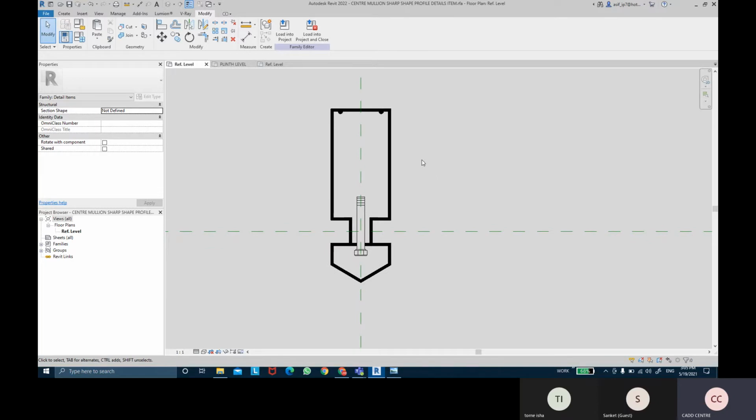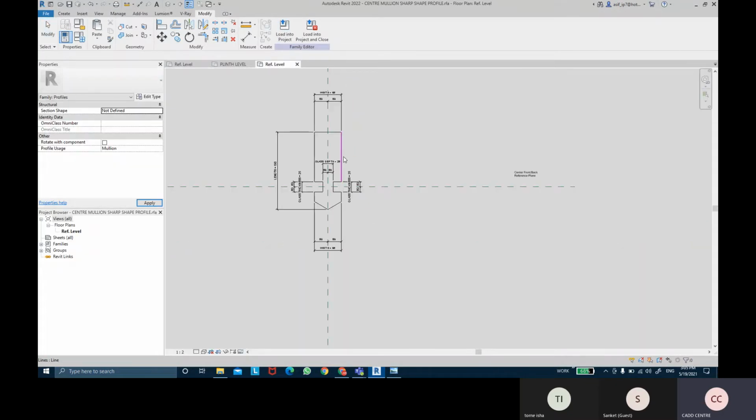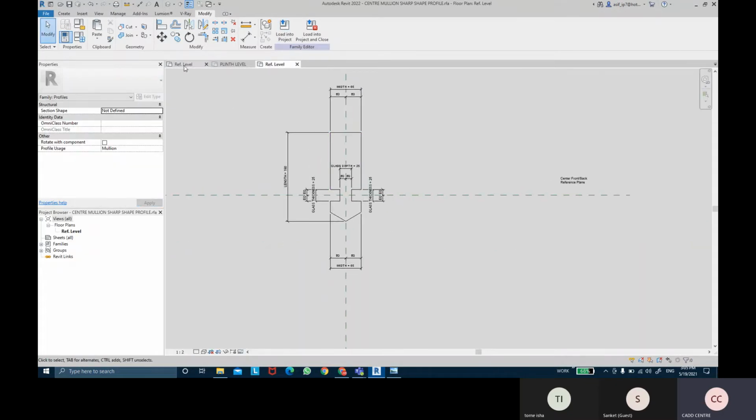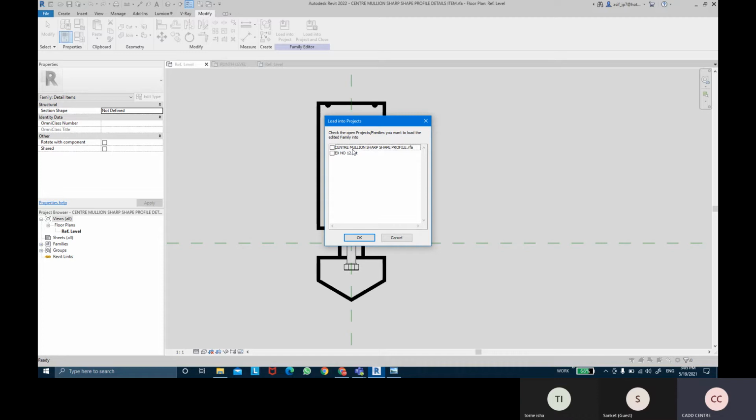Once it's been saved, we can now actually load this file into this particular family, the profile family. So I'm going to click on load into project and close. And I'm not going to load it into my project, but I'm going to load it into this family, Sharpshape profile family, and I'm going to click on OK.